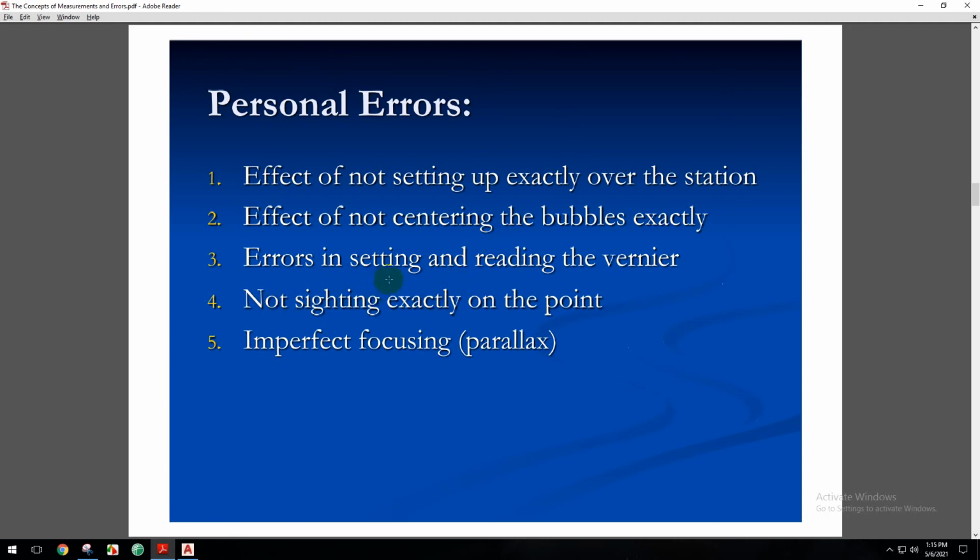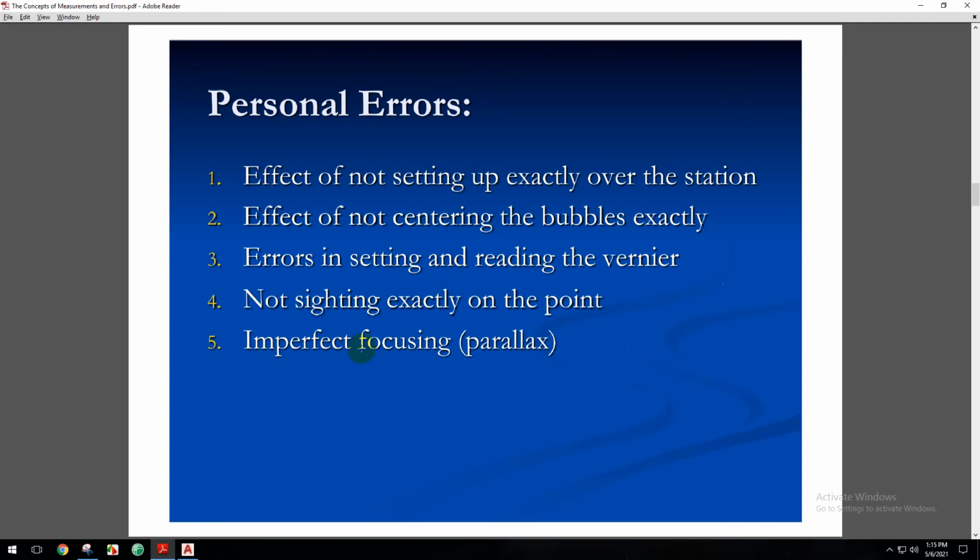Okay? Number 4, not sighting exactly on the point. So, minsan nga dili gyud sa point mismo mag-sight. Hiwi-hiwi gamay. So, naa siya error. Okay ra og duol. Okay pa gihapon, pero mas arang-arang or mas ma-accept pa siguro og duol. Pero kung layo na kaayo ang point, then mas dako na siya nga discrepancy sa imong sight. Dako na siya kaayo nga distance. Dako na siya nga error.